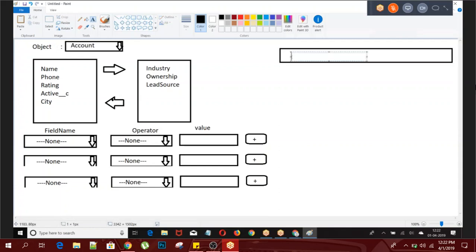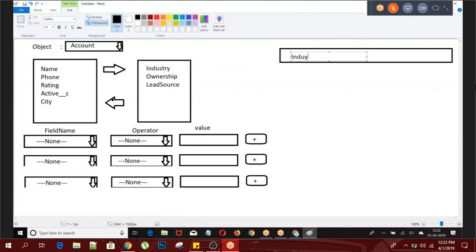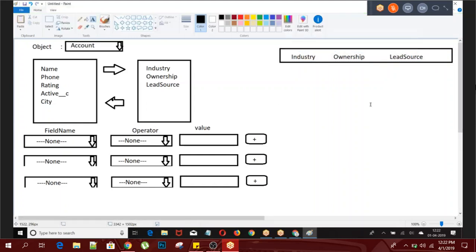Now, do you know which fields I am going to select? I am not sure. Do you know which object I am going to select? I am not sure. Do you know which condition I am going to give? I am not sure. So based on what you have given, the query should be formed and displayed. This is the final example. If you can implement this, this will give a combination of list, set, map, dynamic SOQL query, multi-select, field dependency, and dynamic data display. Right. So if you are able to implement this, then you are suitable to put up your experience.